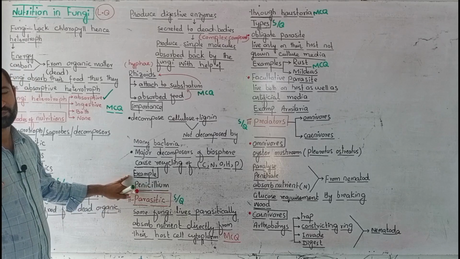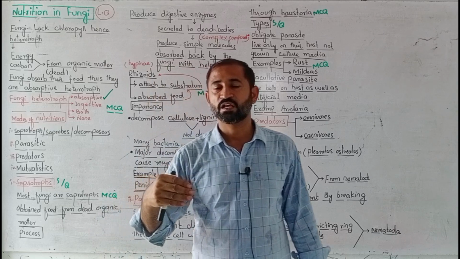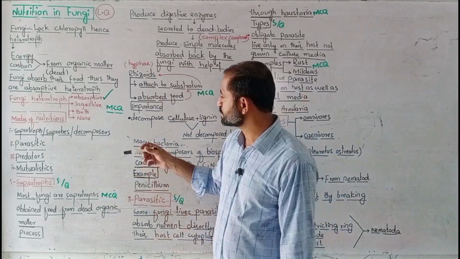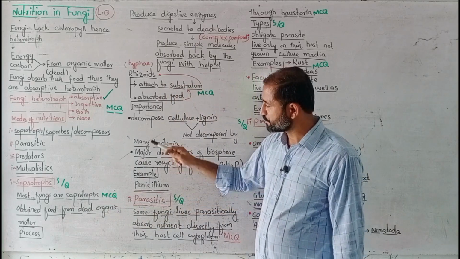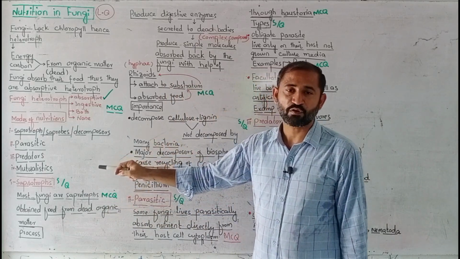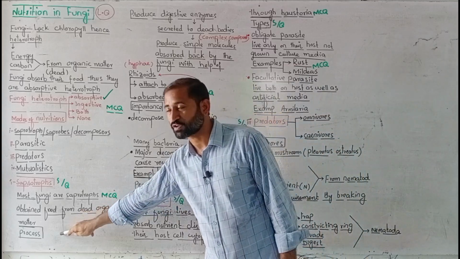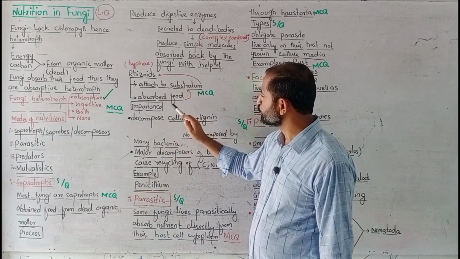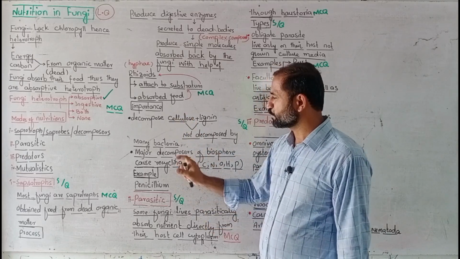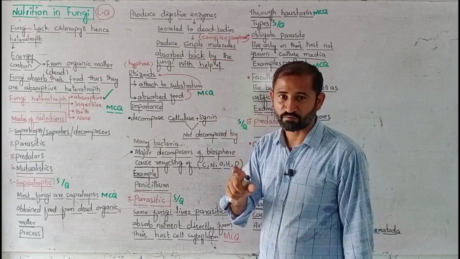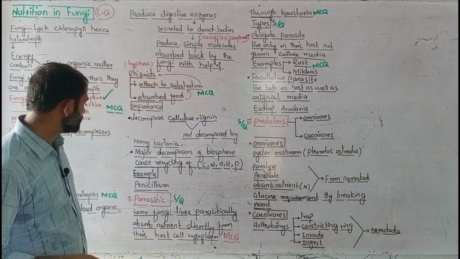That one part is completed, how fungi act as decomposers, or the decomposition method of nutrition in fungi, from saprotroph to Penicillium. That is all about saprotrophic fungi as decomposers, along with number 1 the process of decomposition, number 2 the importance of decomposition, and number 3 an example of decomposers. So you have to write in this better way, which inshallah will help you get maximum marks. And number 2,